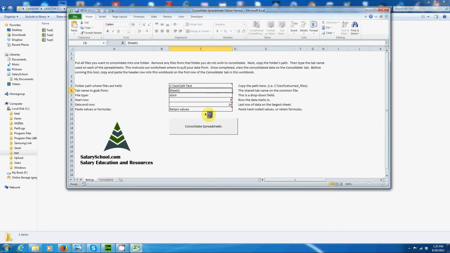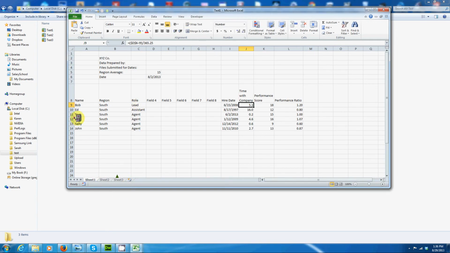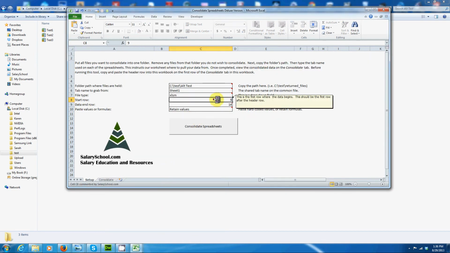So I go back. I'm just going to go ahead and repaste over it. Sheet 1.XLSM, because I am not using an older version of Excel, I'm going with XLSM. And then row 9, the data starts on row 9. If I go back and look, Bob in the South region starts in row 9. So I'm going to go ahead and re-enter row 9, I'll re-enter row 14, and then I've got